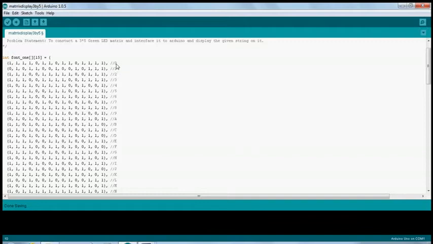To display 0, we have to provide these corresponding values to the 15 LEDs in the LED matrix. The LEDs which correspond to a signal level of 1 will be in the on state, and the ones with 0 will be in the off state. Based on that, all the characters have been written similarly.